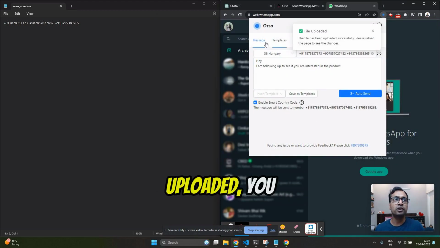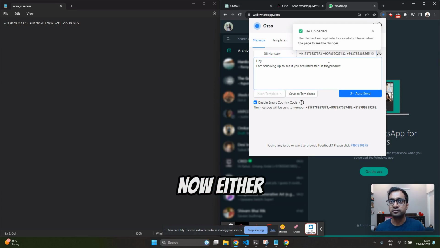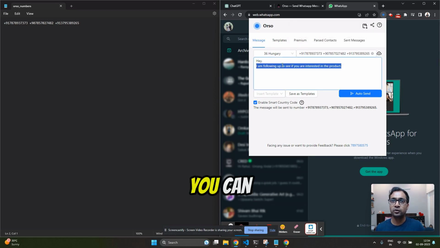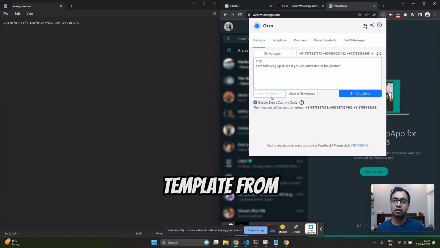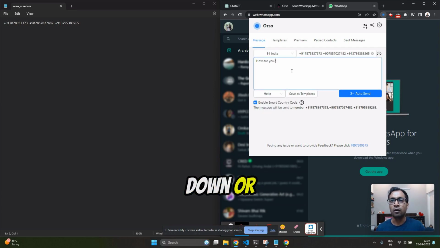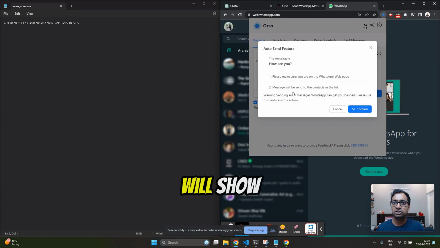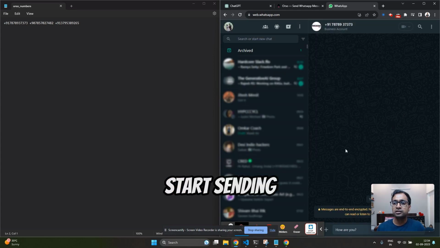Once the file is uploaded, you will get all the numbers on the right. Now, either you can change the template from the drop down or you can write your own custom message. Post that, you can click on auto send. This will show a pop-up that "how are you" is the message that will be sent to all the numbers. And let's click on confirm. Once you click on confirm, it will start sending the messages. I hope